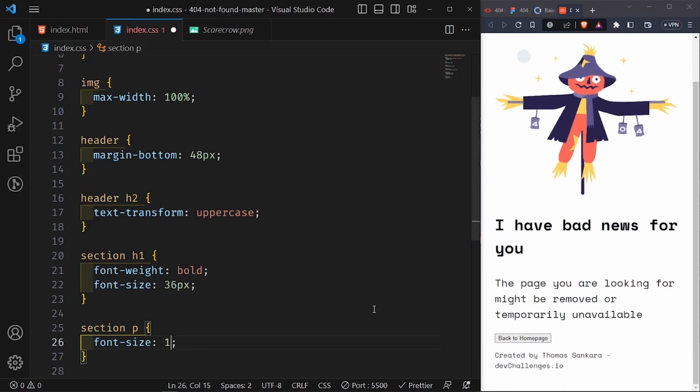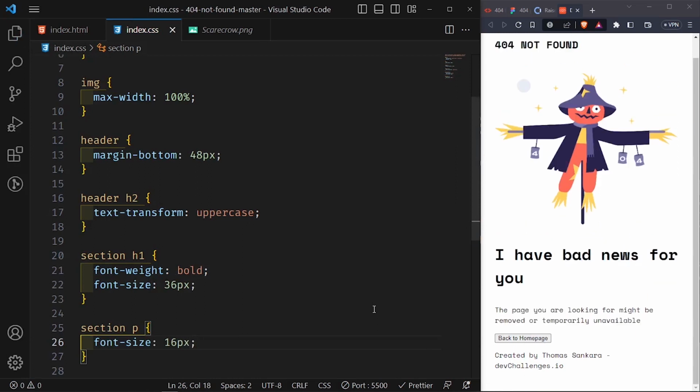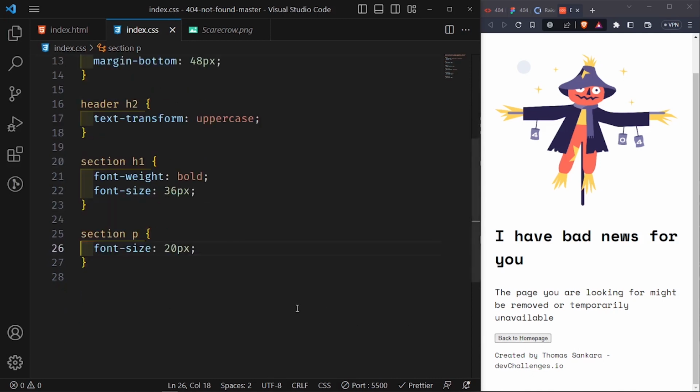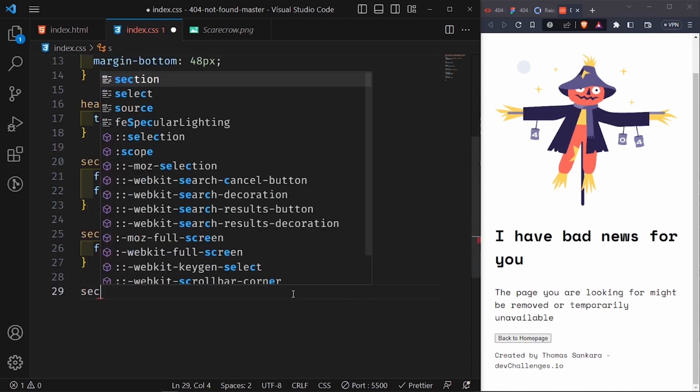Let's say 16 pixels. Wait, 16 is the default, right? So let's say 20 pixels. Make it just a bit bigger. And then we want to grab this button next. So for the section,